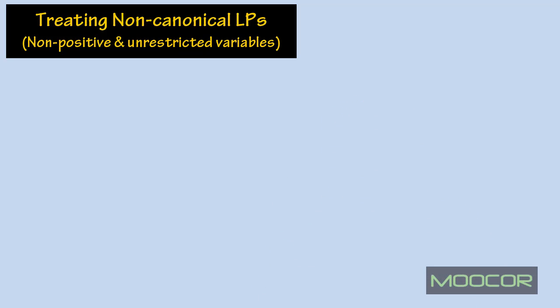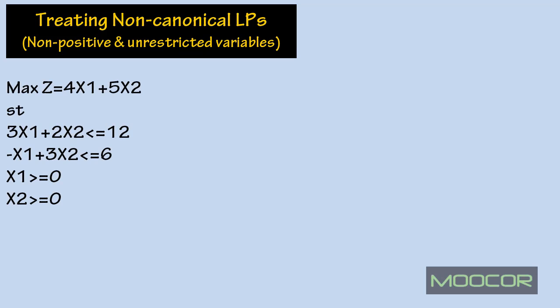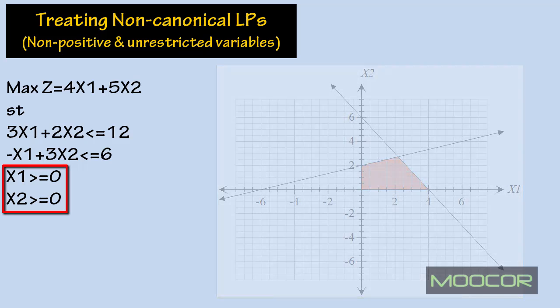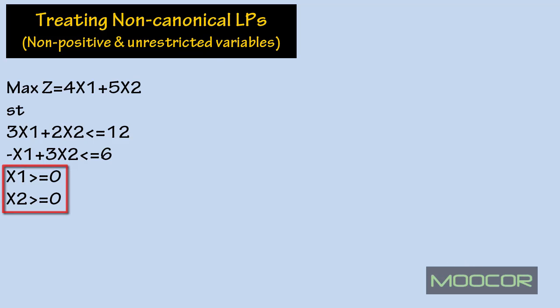To visually see the significant impact that these changes might have, let me take this two-dimensional example in which x1 and x2 are both greater than or equal to 0. You will notice the feasible region for this problem. I'm going to keep changing these variables to less than or equal and unrestricted and see what changes will occur